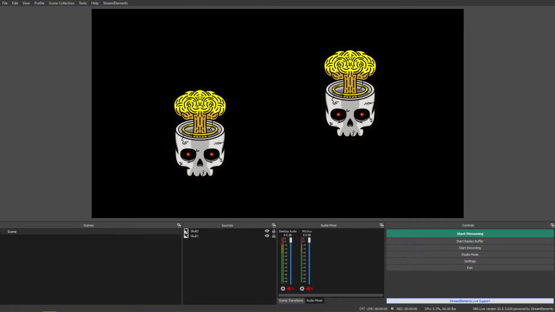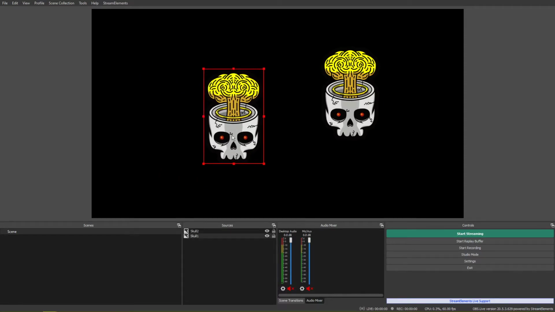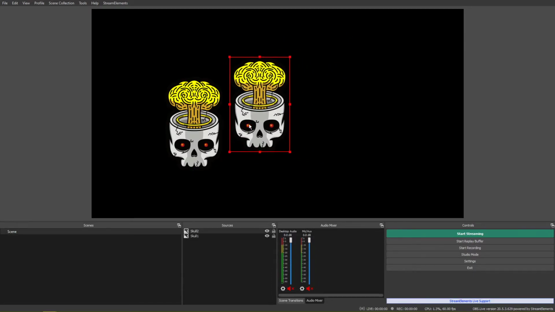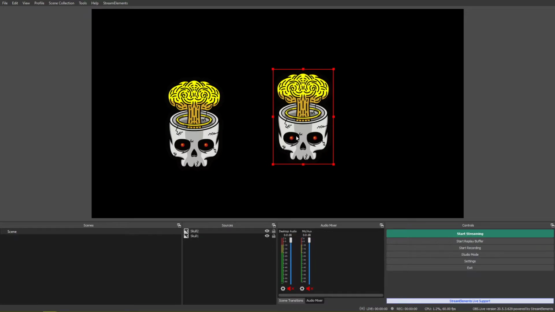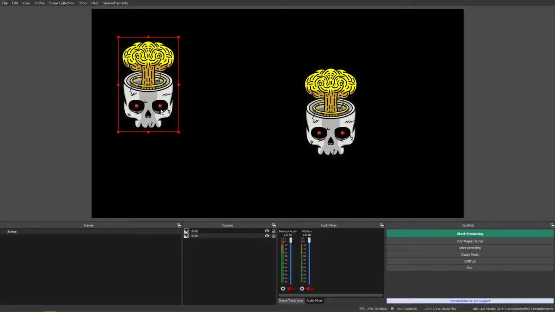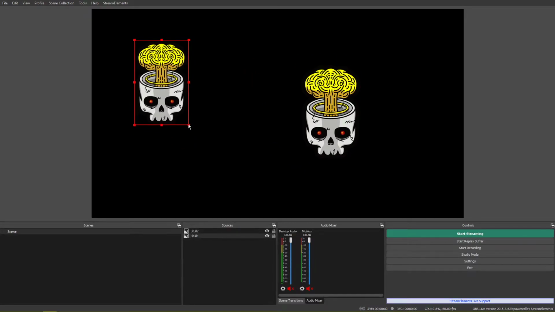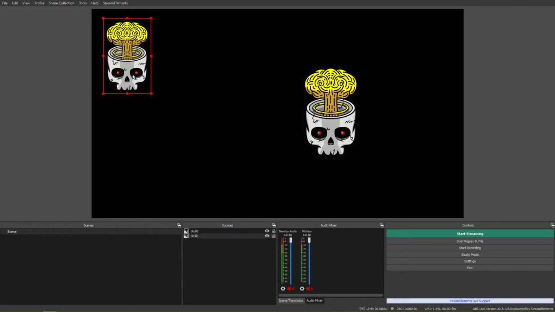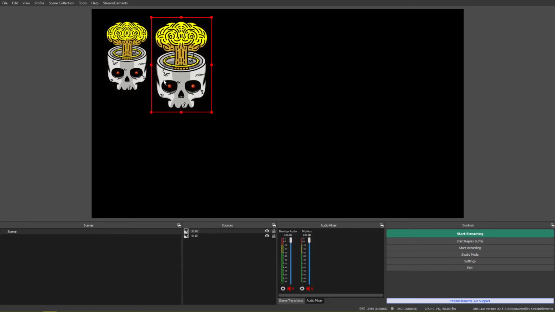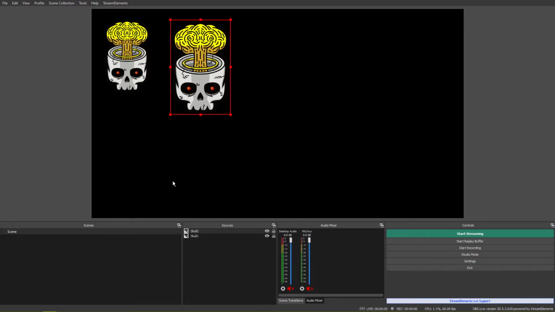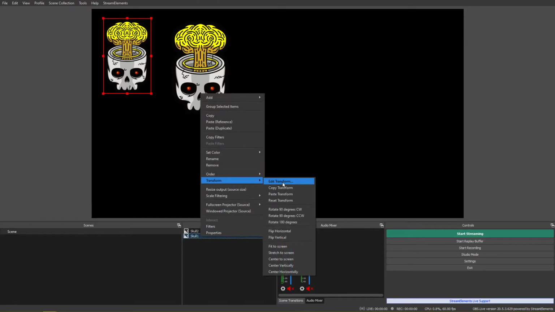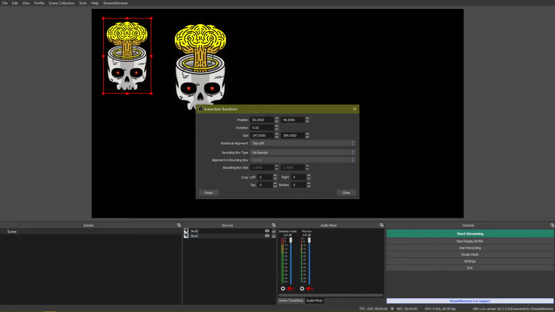Okay, so here's a little impromptu guide on how to better transform things, to line them up next to each other within OBS. So for example, I'll take this image here, resize it a little bit, move it up here. Say I want this in this corner, but I want this to line up next to it perfectly with no issues. I can, first of all, go into the first skull, transform, edit transform, and I can see